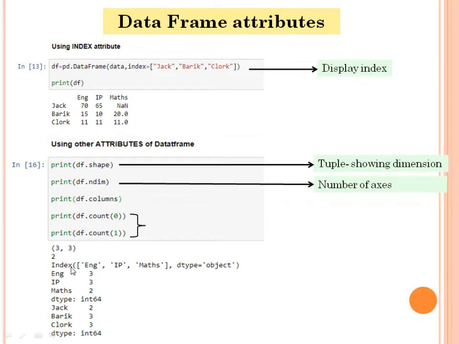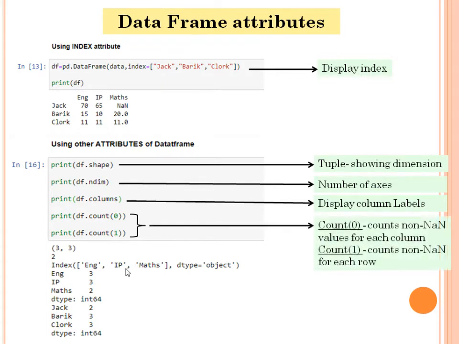Next is df.columns. It displays all the columns. So our columns are, see my pointer, English, IP, maths. Okay. So children, this is a very important point. Count 0 and count 1. Count 0 actually counts according to the columns.